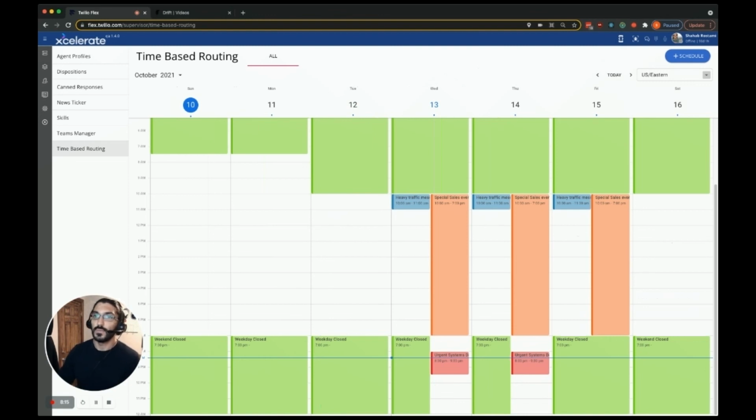So you can see here the kind of power you can have over how we presented the TBR feature. You can have complex schedules and have your applications create pretty dynamic messaging and routing over a number of scenarios, given what the need is at any given time of the day, days, weeks, or months. And what this really means is now we can have agents view the scheduling using this page, and even have supervisors manage, maintain, and control the application alongside any other actor that might need that as well, be it administrators, billing managers, and so on.